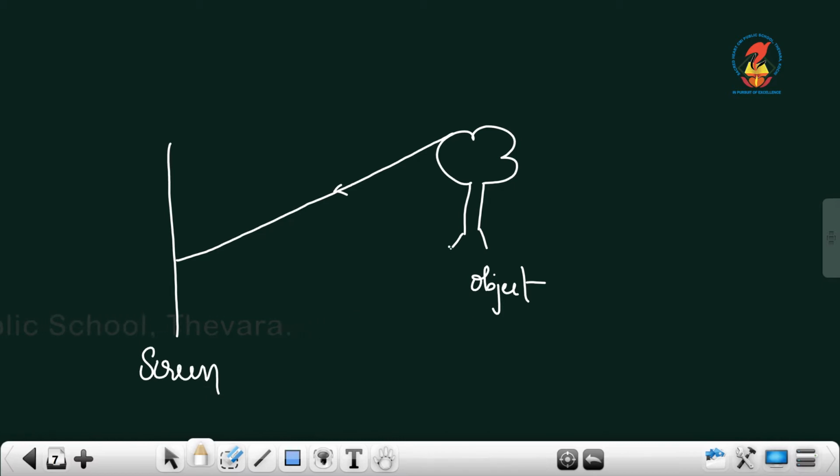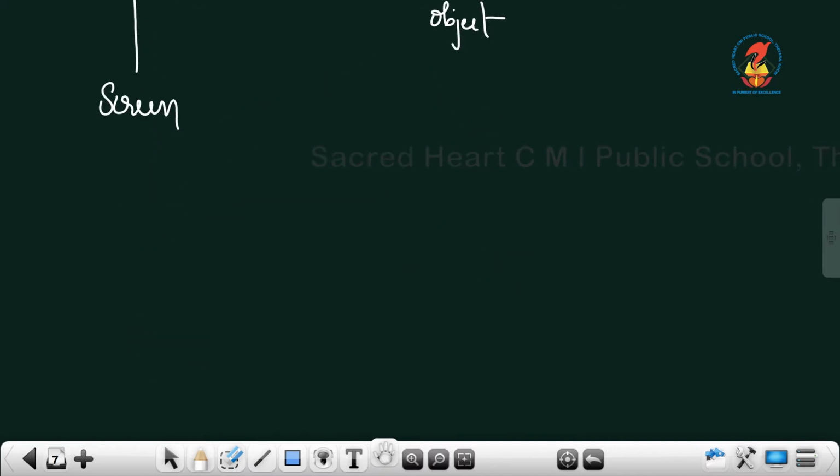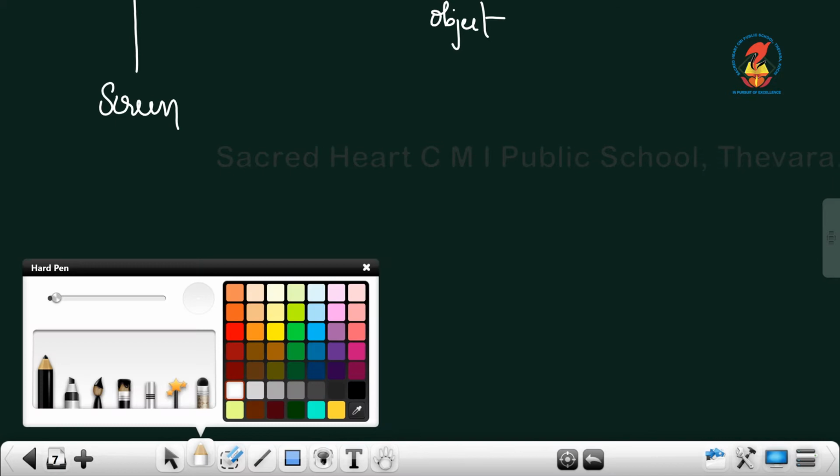Now light from the bottom of this object falls on the top of the screen. So on this screen you will get an image, and the size of the image will be a diminished one.